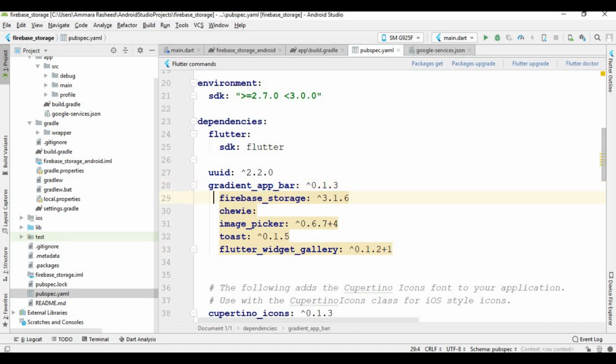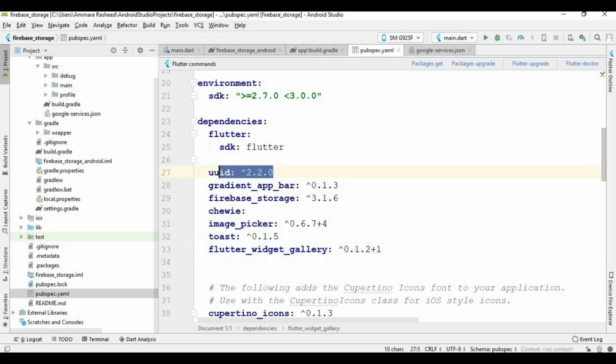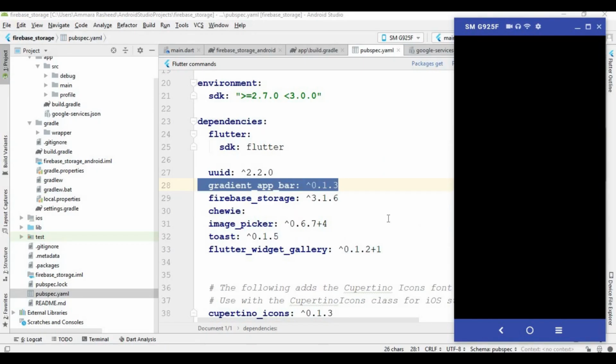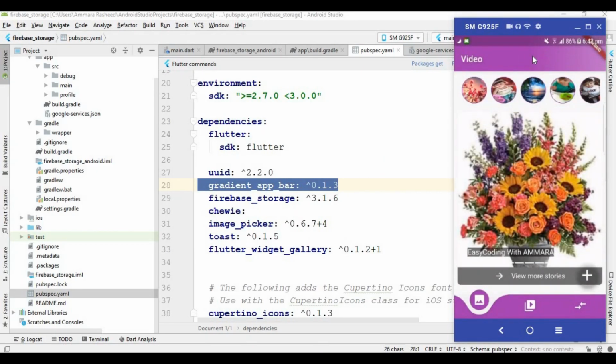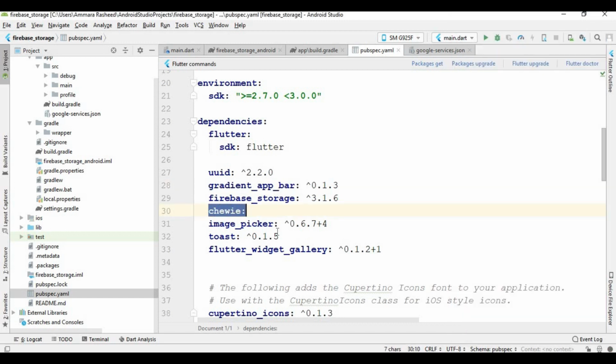and you will see that first, remove all the space from here because it gives errors. And this first library is to generate the random IDs. Okay. After that, this is for gradient app bar. I use two different colors inside this app bar, so that's why I use this gradient app bar. And for Firebase storage I use this and this library and one more library